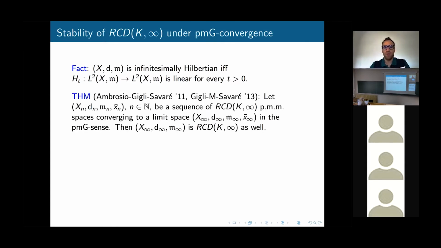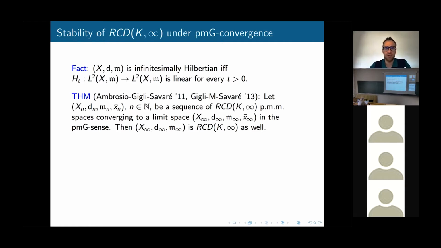So we can use the stability of heat flows in order to pass to the limit the linearity of the heat flow, and then the infinitesimal Hilbertianity. And indeed, this was what we did in the paper with Gigli and Savaré to prove that the RCD(K,∞) condition is stable. The fact that the RCD(K,∞) condition is stable was proved also in the previous work by Ambrosio, Gigli and Savaré, but under more stringent